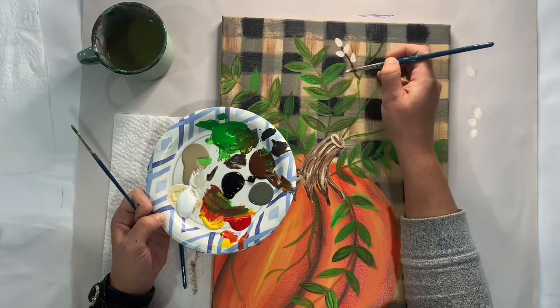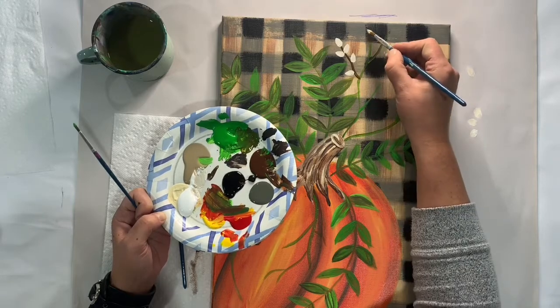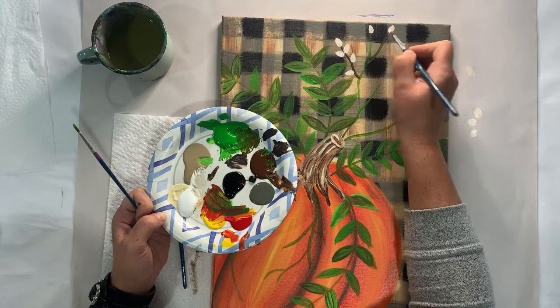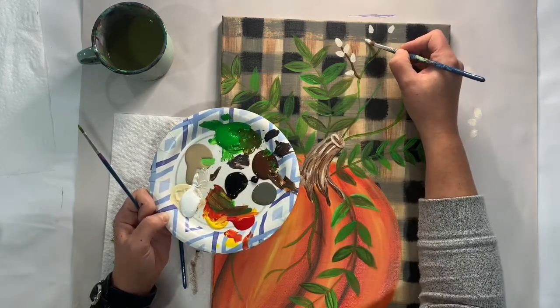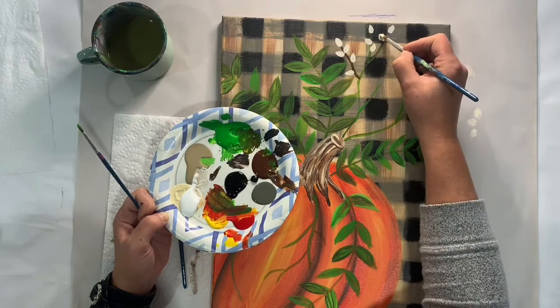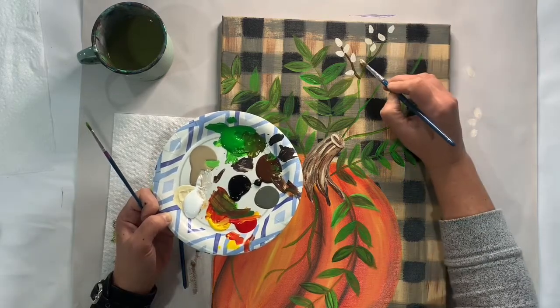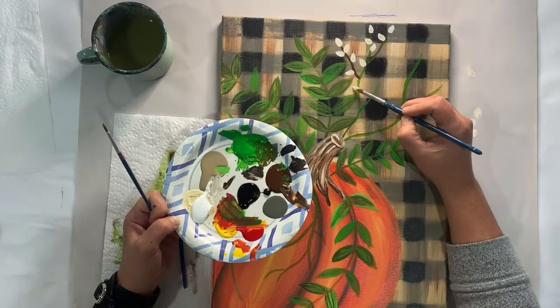And I could do a lot or a little. And I'm gonna put those on every top part. I don't have tons and tons of paint on, but it's enough. And I'm just kind of laying my brush down and pulling it towards me, and that's making it look like that little